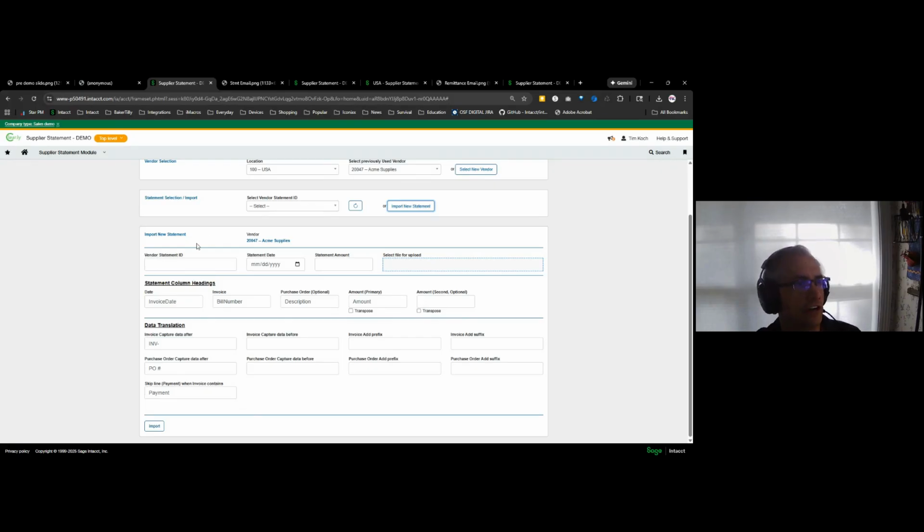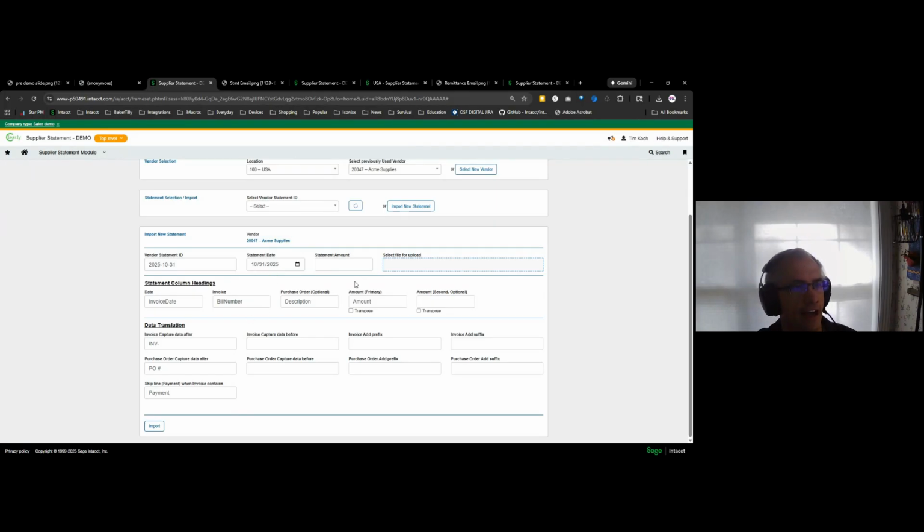Basically, you start here by specifying the vendor statement ID, something unique that identifies this statement. Since this is an October statement, I'll do a date marker here that would tell me immediately what the end date is for the statement. This is a little repetitive, but I'll specify the date here, but this is more for when I'm searching for statements, like if I wanted to find my statements that were dated in